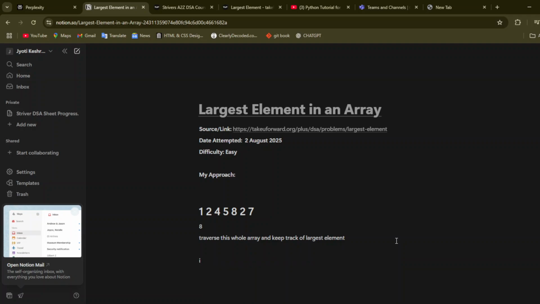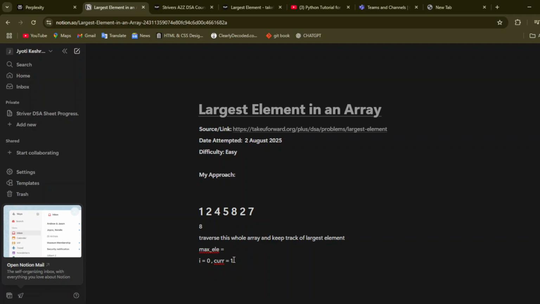My i is at 0 now, and the current element is 1. And let me tell you this: before initializing the loop, you have to have a maximum element. Initialize a variable named max element, or you can give it any name.